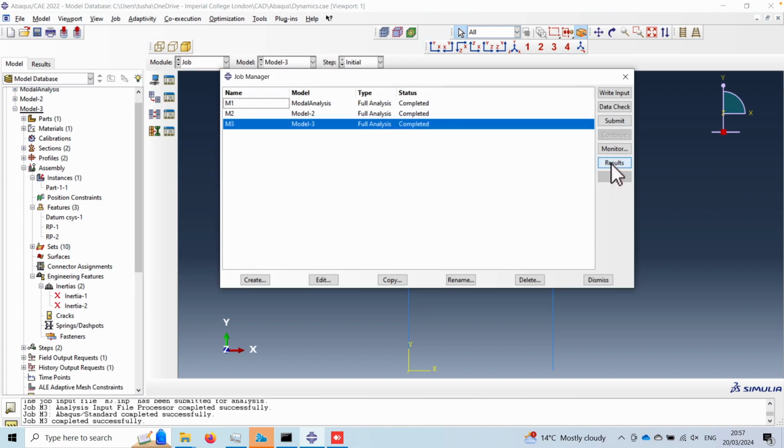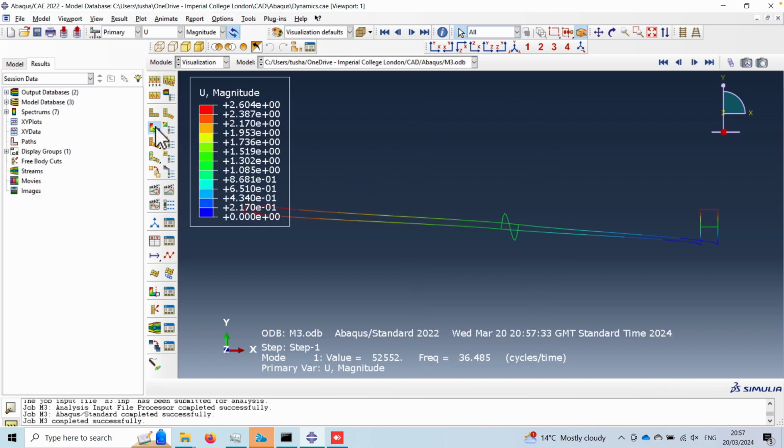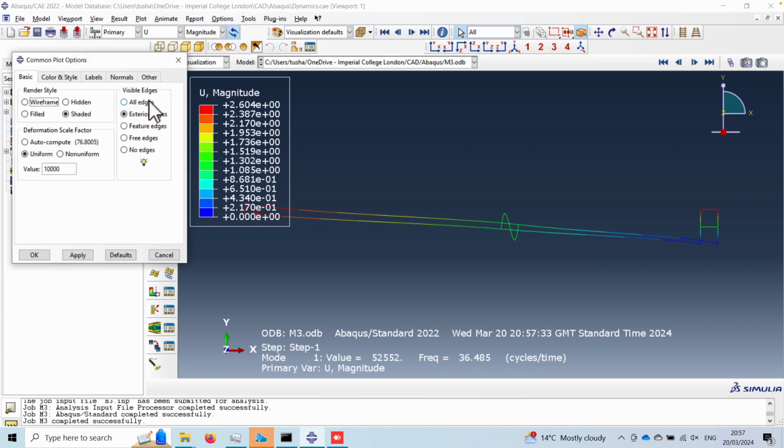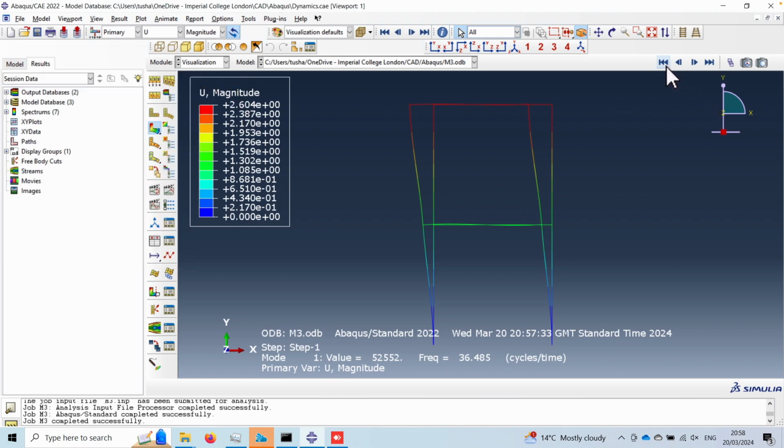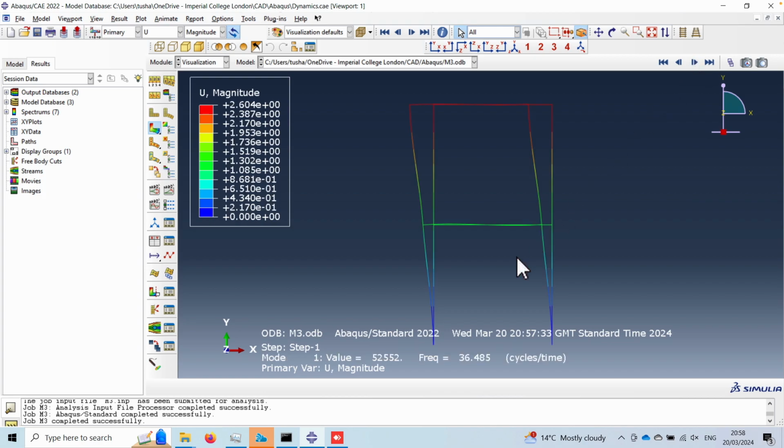Now let's go to the results. Alright, oh, too much deformation. Okay, let's go one by one. This is the base state, there is nothing, and this is the first mode. Okay, the values are very different from what was previously observed because of the changes in the mass, because the mass values are very different now. Okay, this is the first mode,